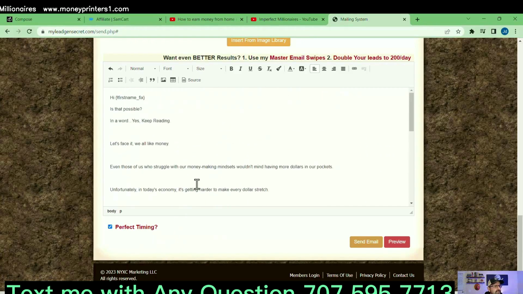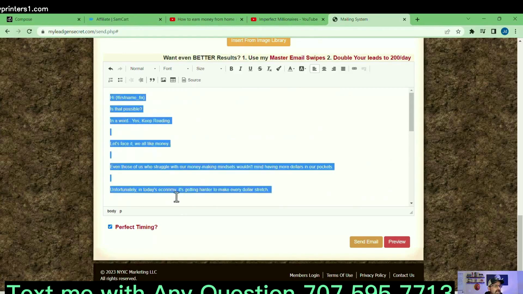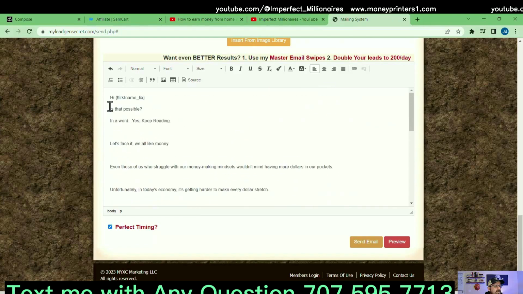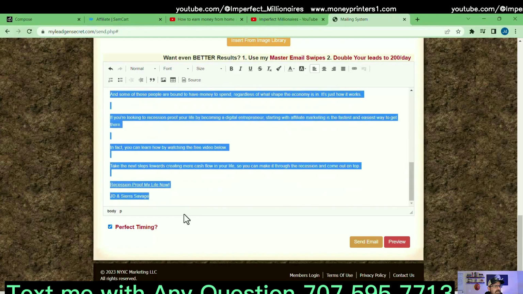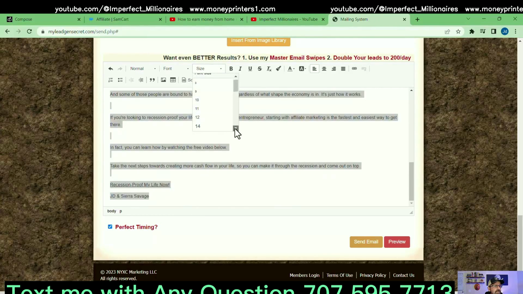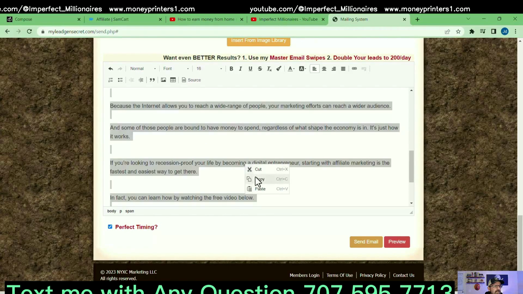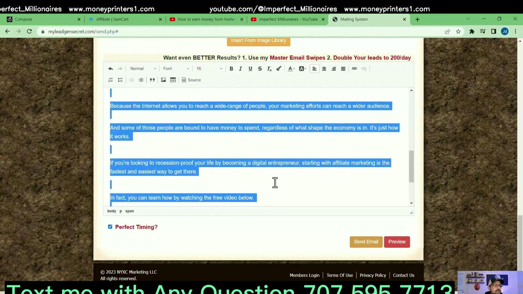And then what I do, and you don't have to do this, this is solely up to you, but what I do is I highlight all this stuff. Oh, I did it incorrectly. Let's see here. I'm trying to talk and work, and I'm just used to doing this on autopilot. Okay, so then I come up here to size, and I scroll down and I make it a 16. Then while it's highlighted, I click on it and I copy it. You'll understand why here in a second.